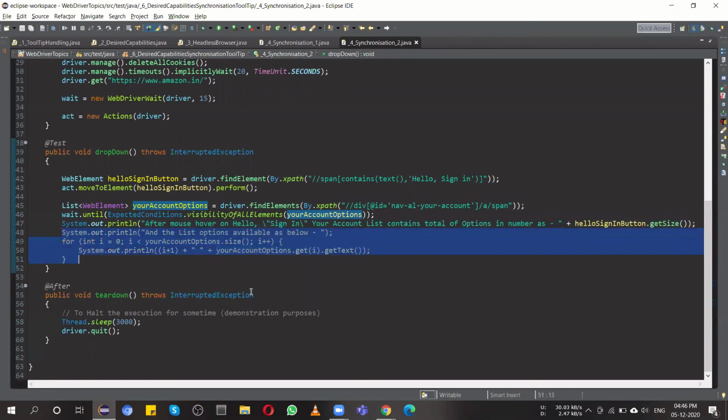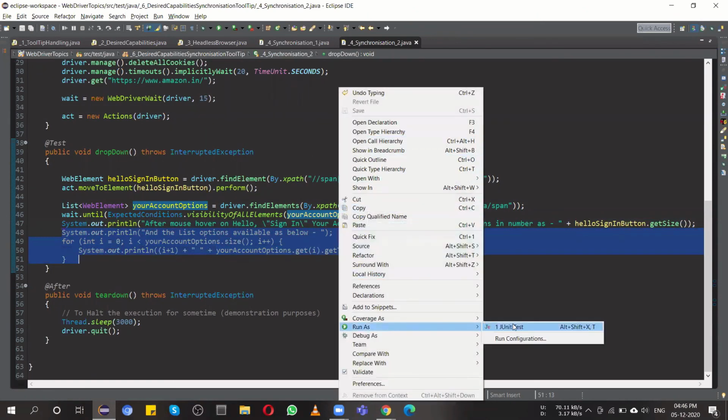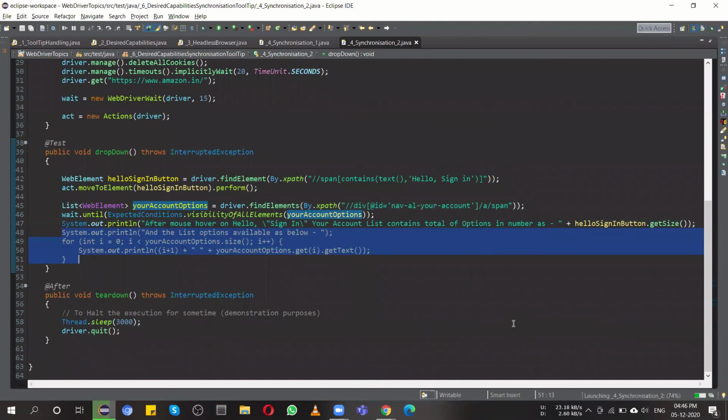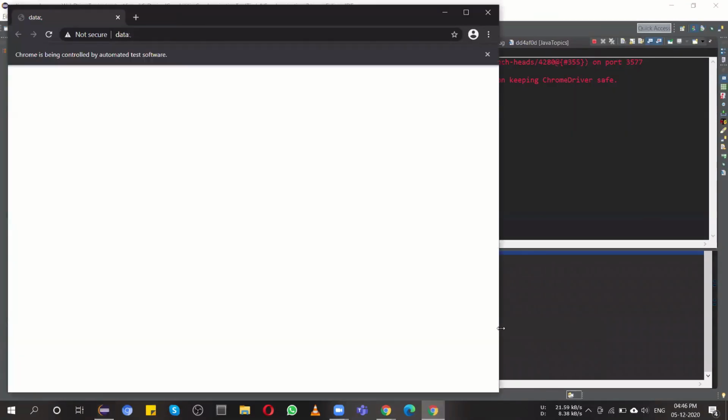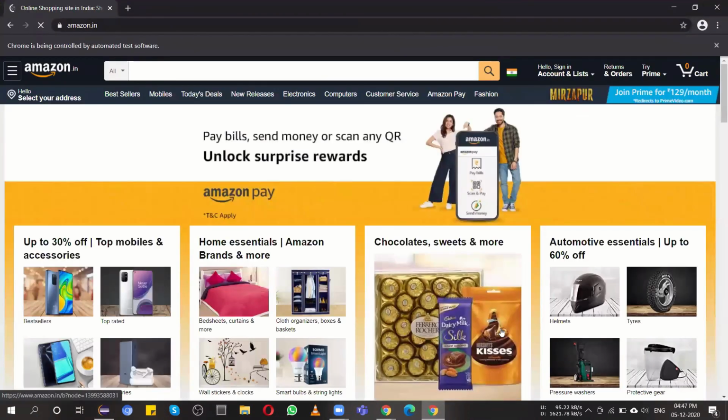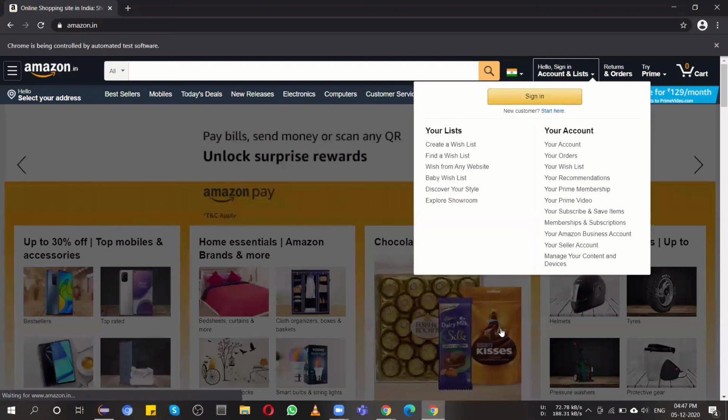So let's execute this one also. See, the mouse over happened and all the options got fetched.